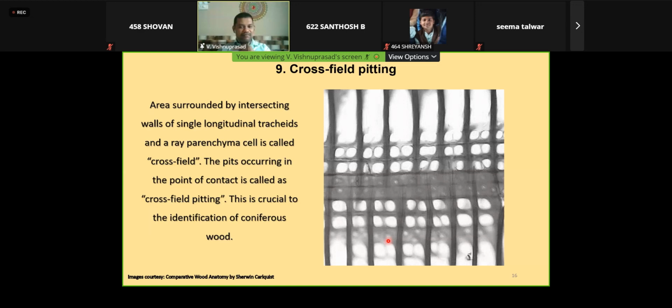That area, a kind of window which is created, is known as a cross field, and the pits which are present in that cross field are called cross-field pitting. So in a softwood, if in a random sample you have to identify the wood, for all the other features you can give a rough idea of what the species is going to be, but cross-field pitting will give you an almost sure conclusion of which species it is. Cross-field pitting is a very important feature which you will be able to see in an RLS. Now cross-field pitting is of different types. Let's see the different types of